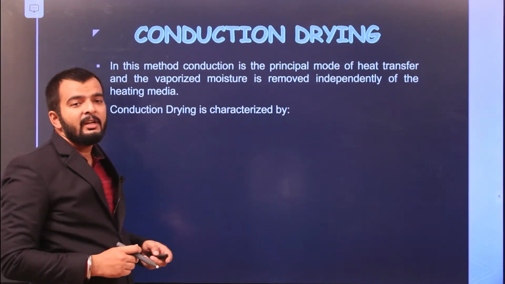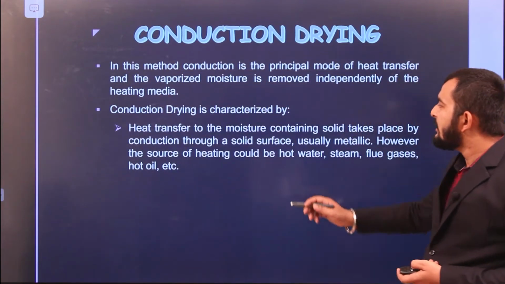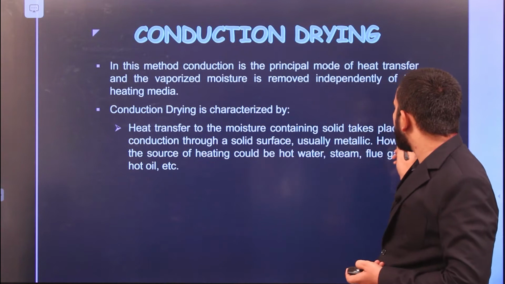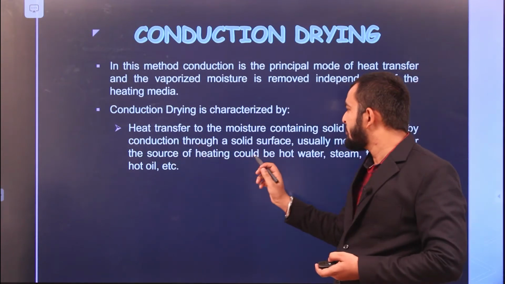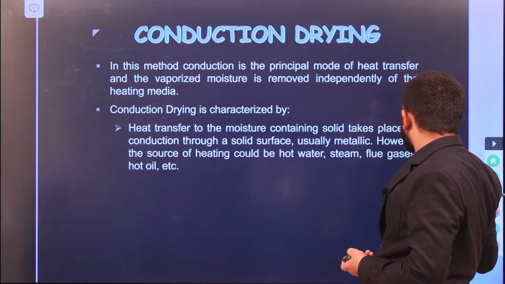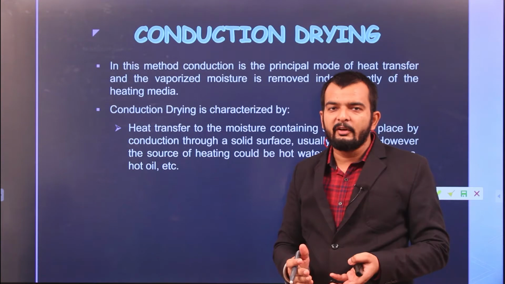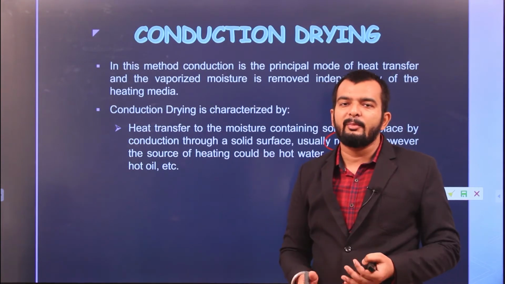Next is conduction. There are some characteristics of conduction drying here. First, heat transfer to the moisture containing solid takes place through conduction through a solid surface. Usually it is a metallic surface. The heat transfer takes place from a solid surface, which we generally take as metallic, because metals are